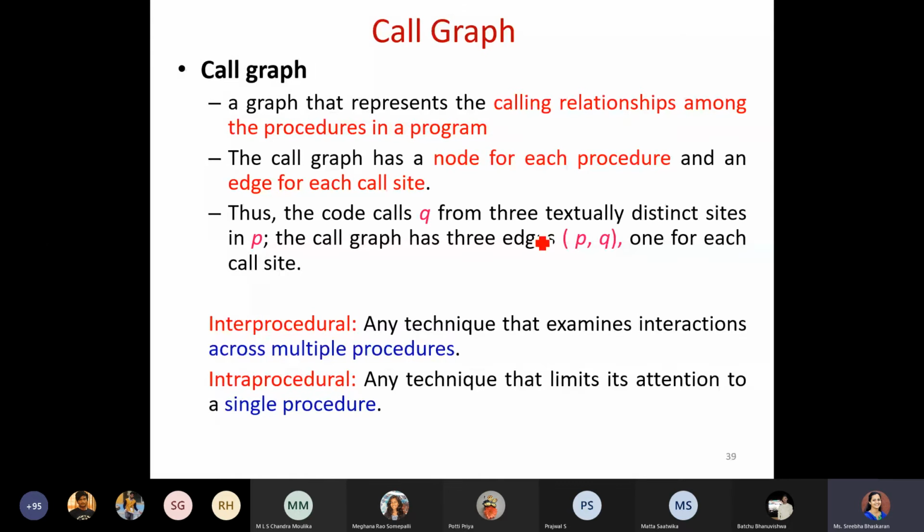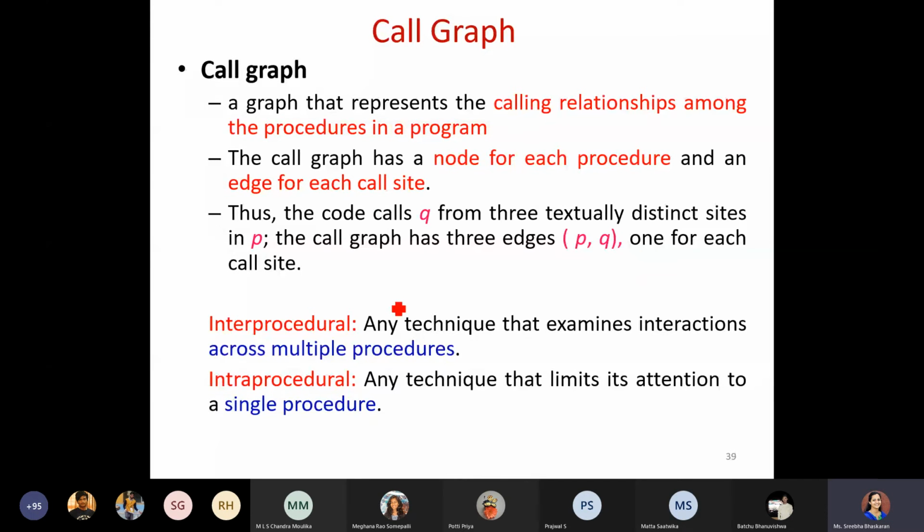That means the edge would be mentioned 3 times. However many times you are calling that particular function, those many times you would mention it in the call graph.